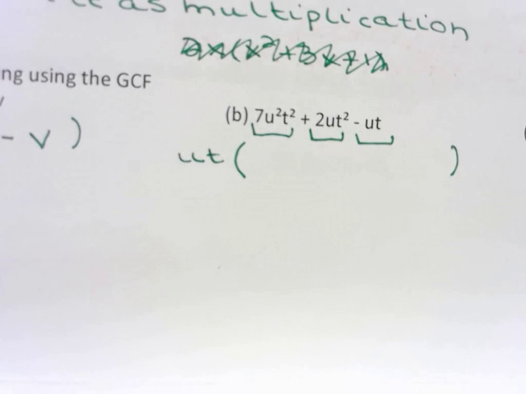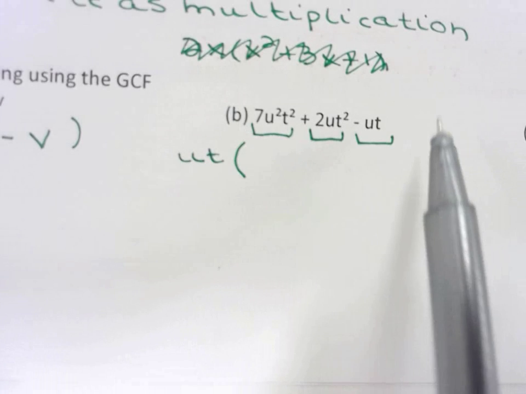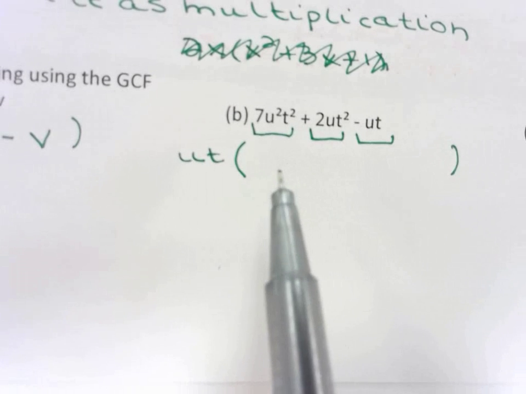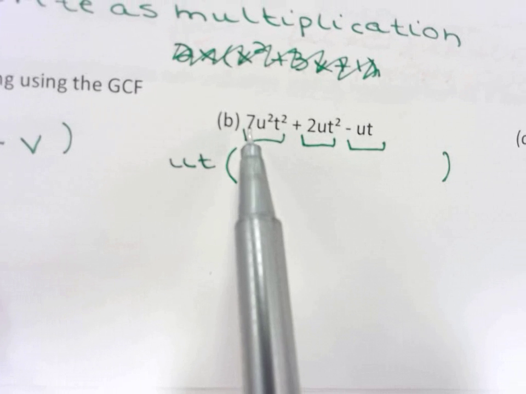Because I want to factor. I want to write it as multiplication. So ut times what will give me what they gave me. So we're going to think about distributing. Or, here's another way to think about it if you want to. It doesn't really matter. I started with